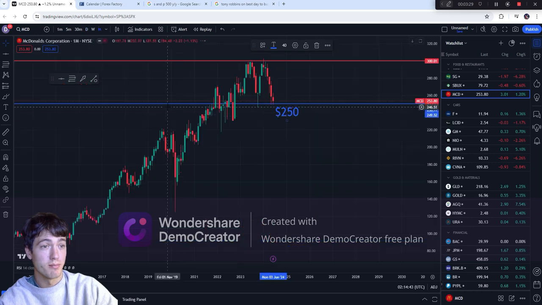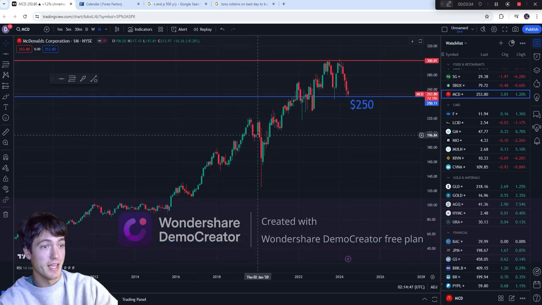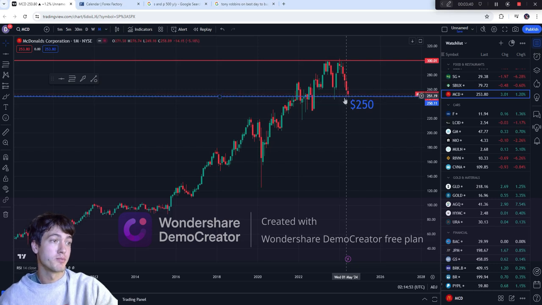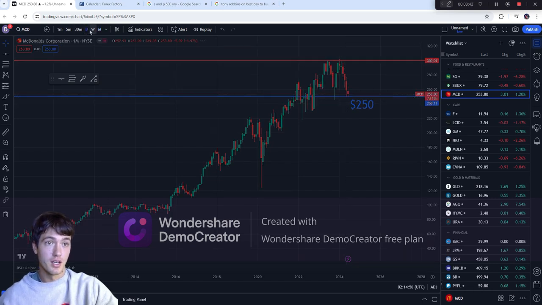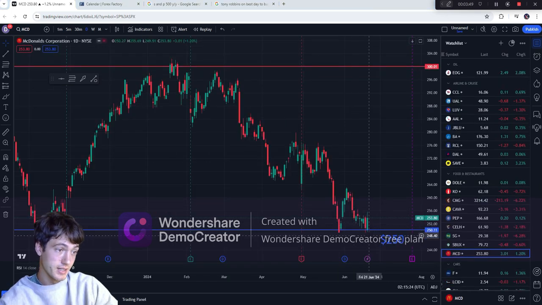Let's zoom out to the monthly actually. You see that McDonald's doesn't really ever have a ton of pullback, right? It pulls back, but then it always confirms upside. So right now we're seeing some pullback to that support at 250. And then we go back down to the daily. We're seeing the first green day since it hit the second time.